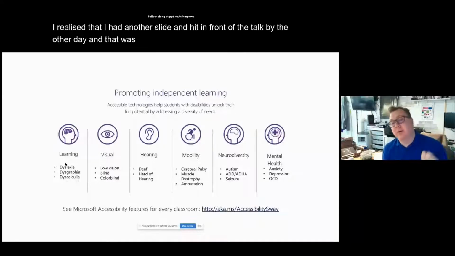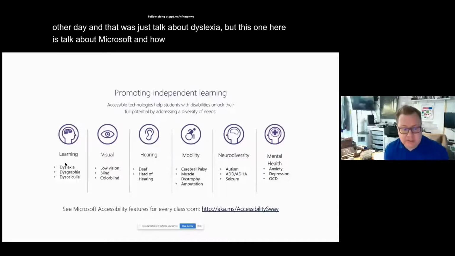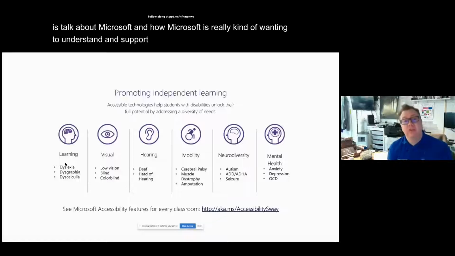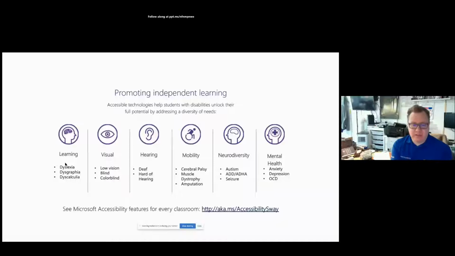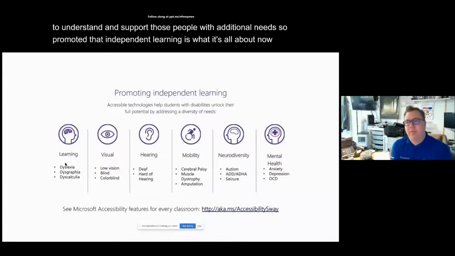But this one here is talking about Microsoft and how Microsoft is really wanting to understand and support those people with additional needs. So promoting that independent learning is what it's all about. Now, if you want to take anything away today, take away that web link,